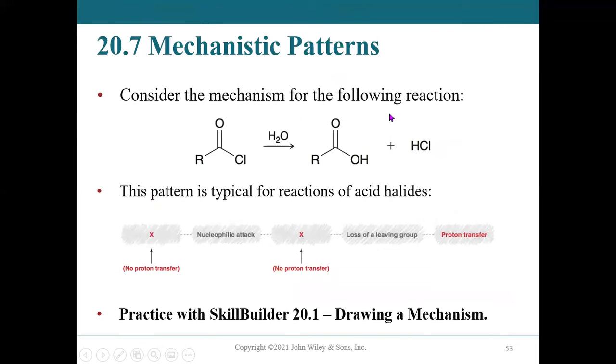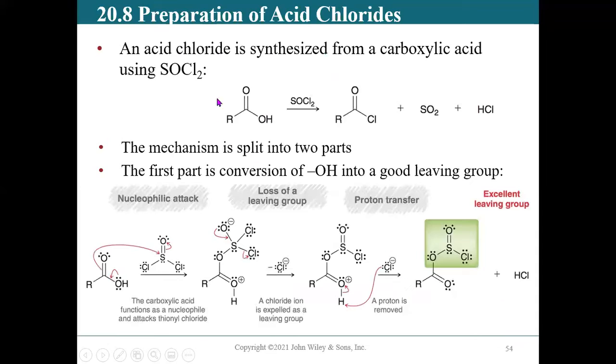Consider the mechanism for the following reaction that we saw before. This pattern is typical for the reaction of an acid halide. So we have no proton transfer first, just nucleophilic attack, then loss of the leaving group, then proton transfer. So 3 steps. An acid chloride is synthesized from a carboxylic acid using